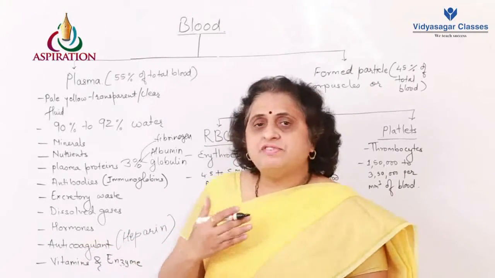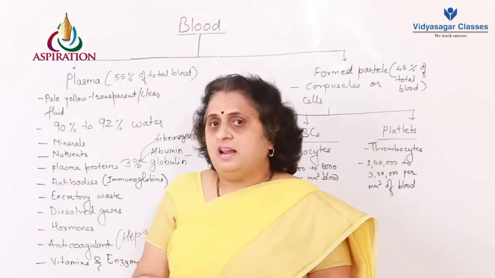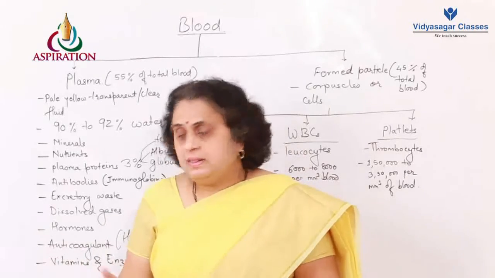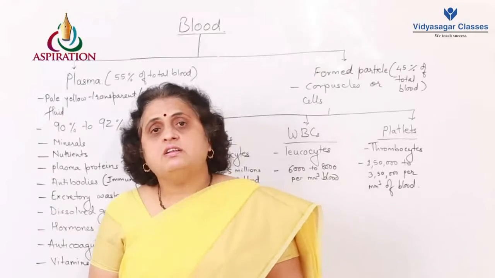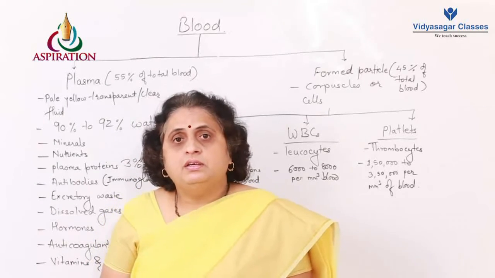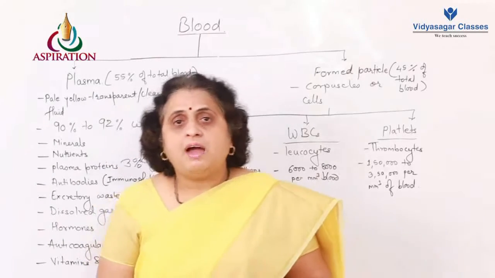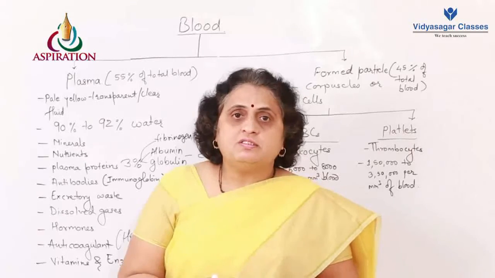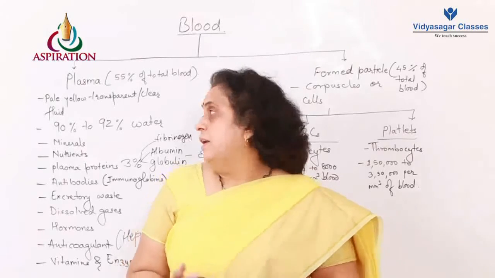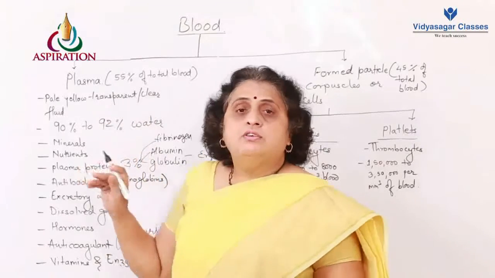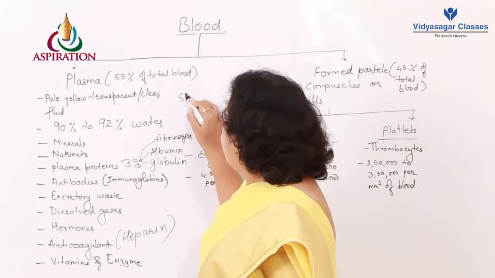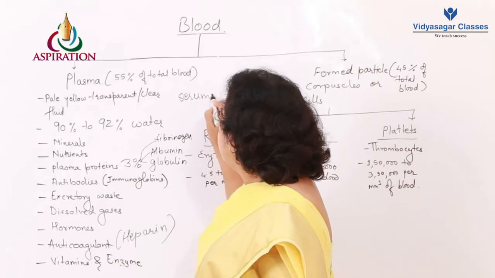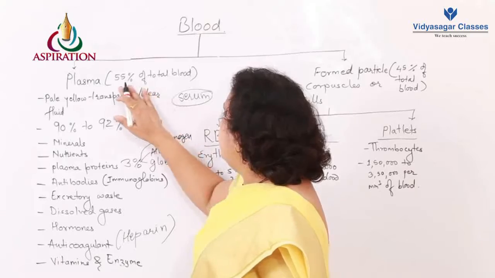Along with that, various vitamins which are used by the cell or transported to the cell are present in the plasma. Enzymes which are certainly coming in the blood. Along with that, we also have molecules like sugars. At the same time, in the plasma, we have the serum. Rather, I can divide the plasma into serum.